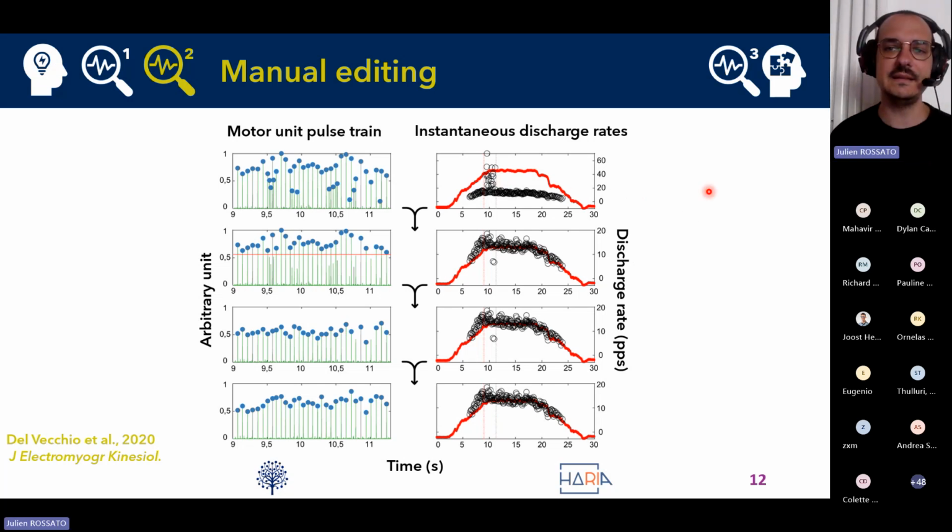Manual editing involves several steps. First, you can remove erroneous firing rates. For example, all these points can be removed. You can also add discharge times that are clearly distinguishable from the noise. For example, here you have two local maxima, which are very different from the noise